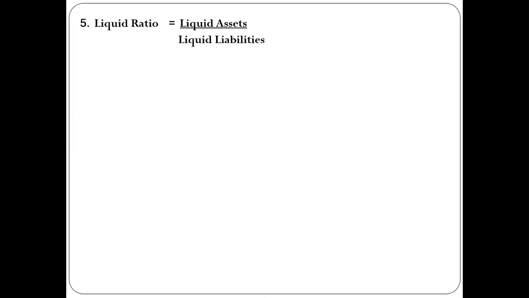The formula of liquid ratio is liquid assets divided by liquid liabilities. Now we have already discussed that to find out the liquid assets, we have to minus stock from the current assets. Current assets amount we have already found in the last slide. So current assets is,